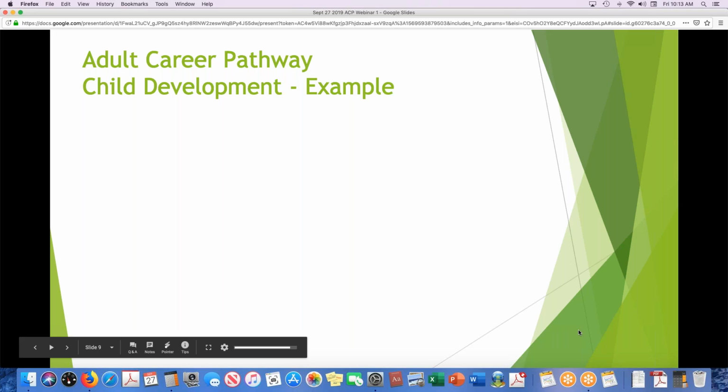We have a graphic here that might help you understand how they all can work together for a fully developed adult career pathway. This is a wonderful example that the Atlas consultant Liz Andrus created a few years ago. I'd like to point out that many programs do not have a fully fleshed out adult career pathway program like this, but it can show you a place where you can begin.